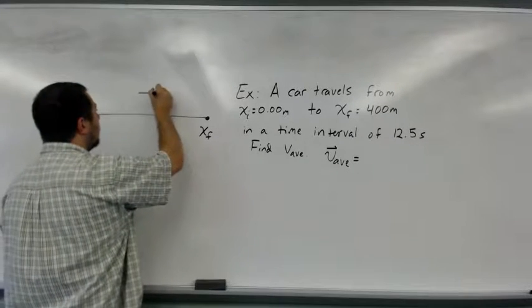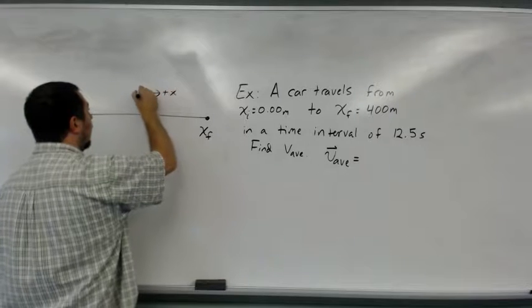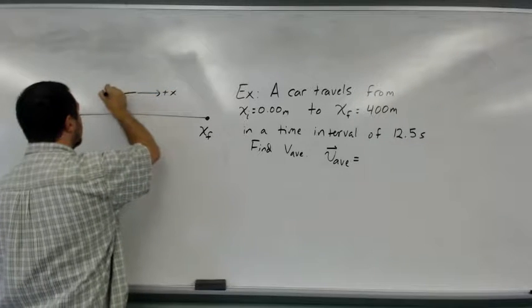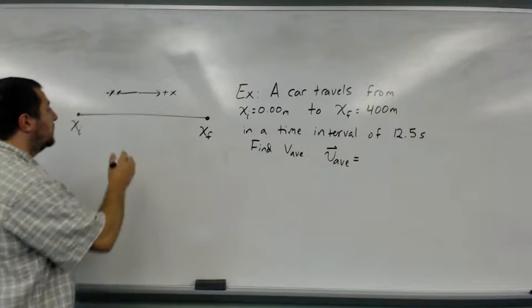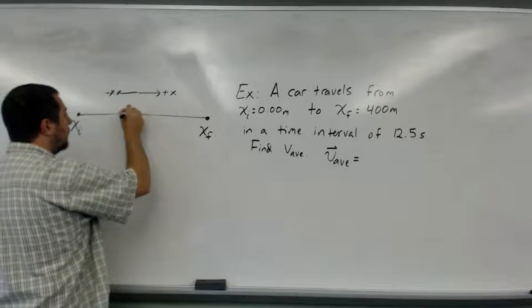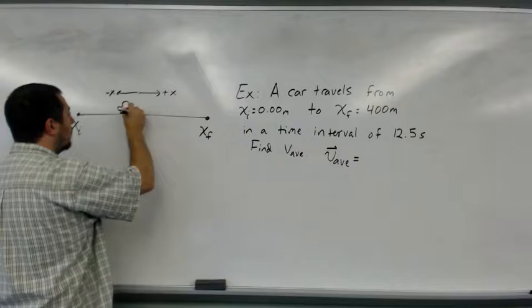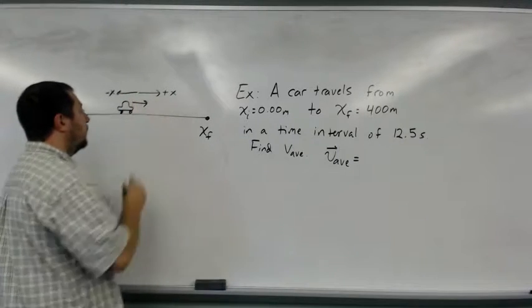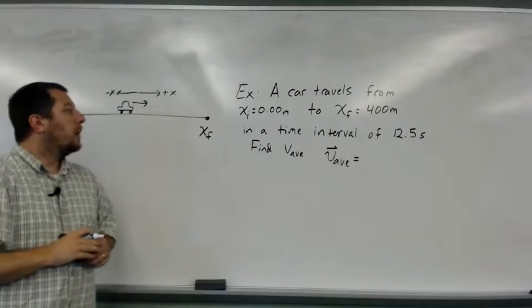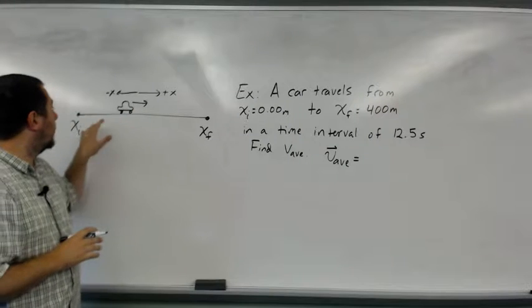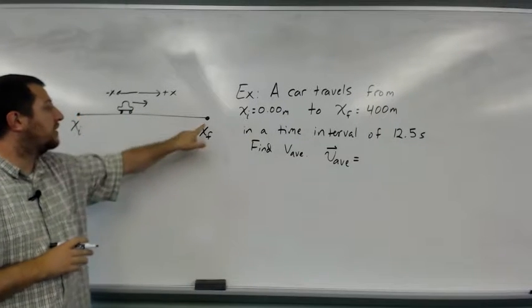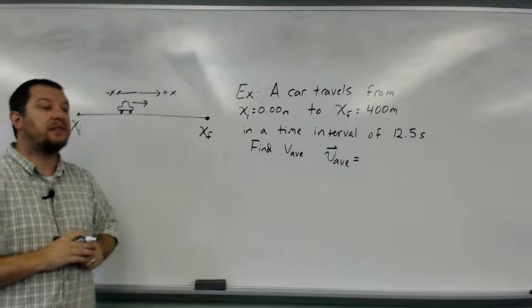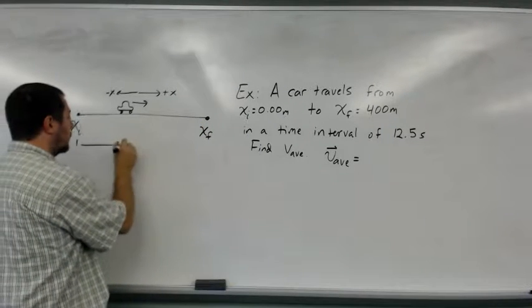So I'm going to let that be the plus x direction, and I'm going to let that be the minus x direction. And at some generic point in the traveling, our car will be moving that way. So now that we've got our picture, we know that the car started at this initial position, and it's going to finish at this position